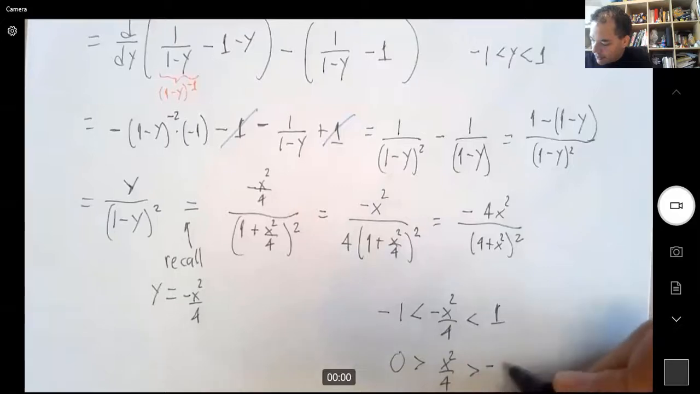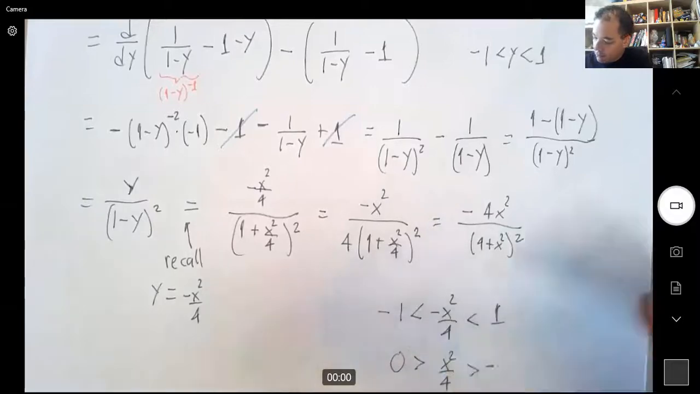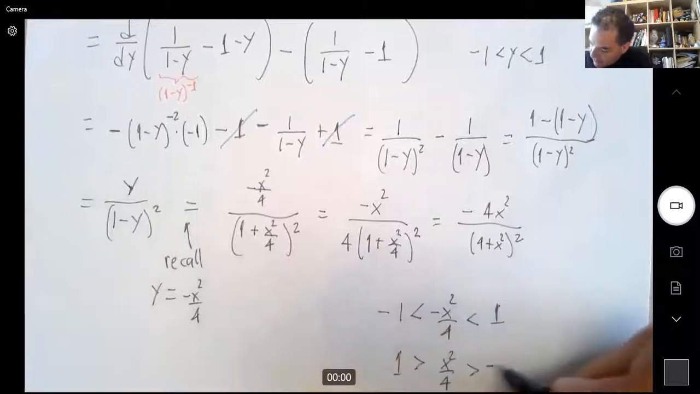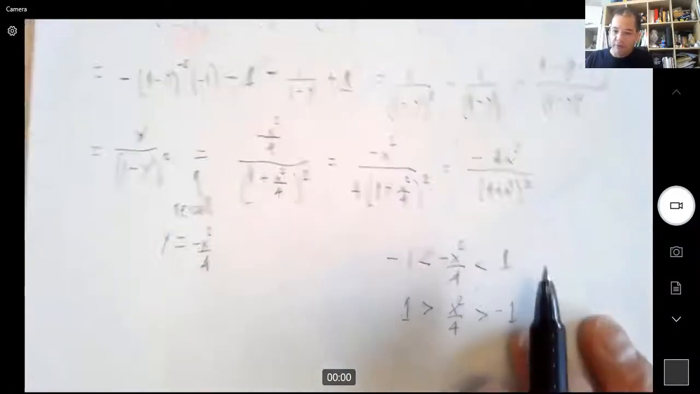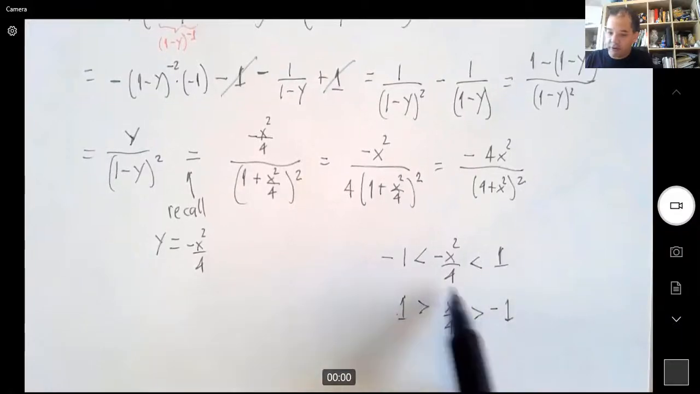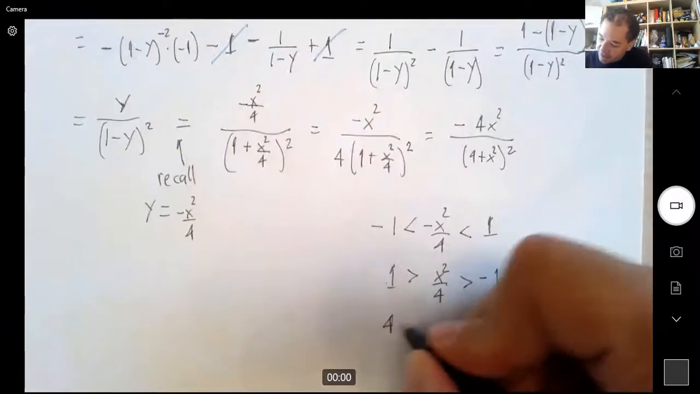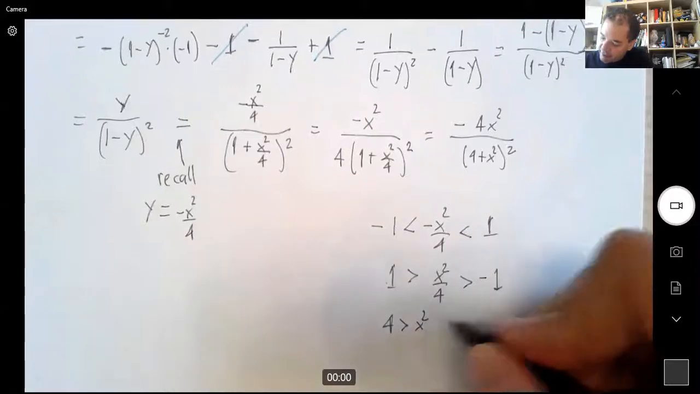Greater than negative 1. Hold on a second, am I doing things right here? 1, not 0, 1. Greater than negative 1. All right, so this one is obviously worthless because a positive number is always bigger than negative 1, but this one is important: x squared over 4 less than 1. So this tells me that 4 is bigger than x squared, which tells me that x is between